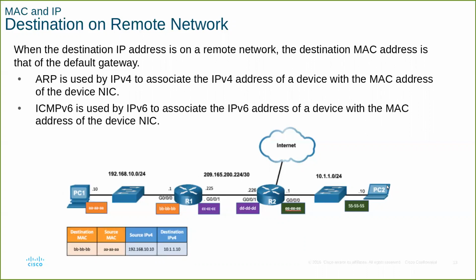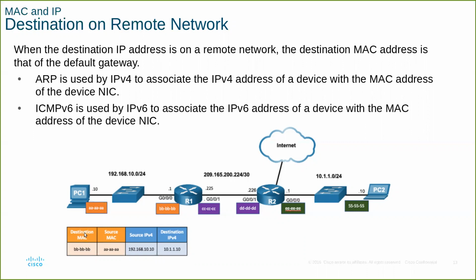Okay, in this other example, PC1 and PC2 are on a completely different network. So in this case, when PC1 is sending this information, the moment the computer sends that information and realizes that the destination, that is PC2, is on a remote network,